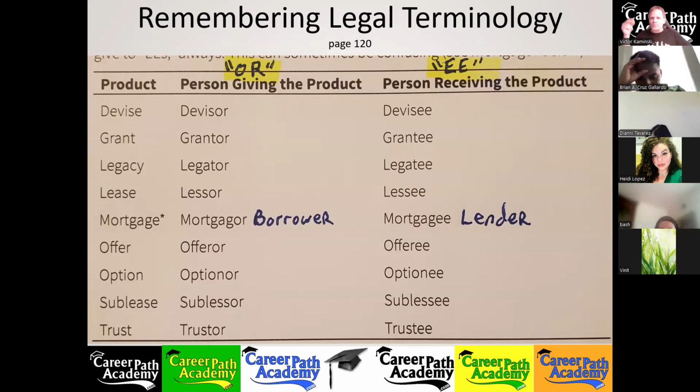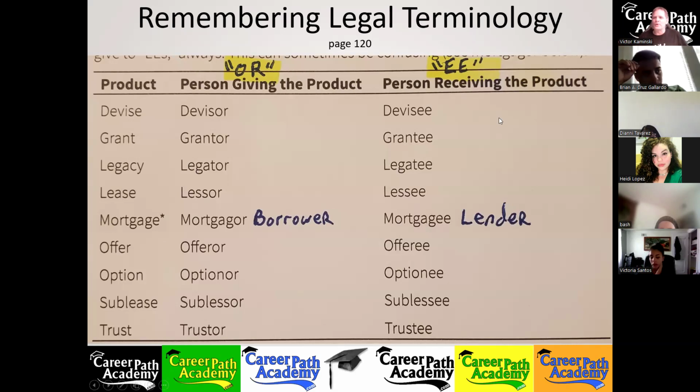You need to know who the players are right away to be able to translate this stuff in your head so that you could follow the bouncing ball and understand what the question is asking of you. They'll use a lot of this terminology in the questions, and you need to know the terms in order to know what the question's asking. You follow? That's why we're teaching you so many of these terms. They're not just going to be like, what is this? What is that? They may, but it could also be a bunch of these terms added into a long-winded question. And if you don't know the terms, you're not going to know what the question's asking.